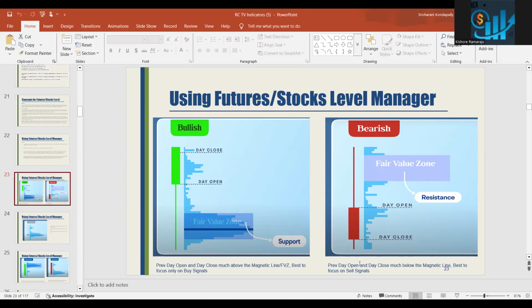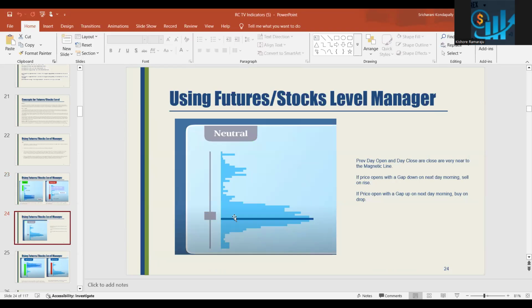Copper is dropping, gold is dropping. So you only focus on sell signal. ES, NQ, YM, crude oil, they are bullish candles. So you focus on the buy opportunities. If there is some ticker which is neither bullish nor bearish, it is more like a doji, an indecision candle, then either don't take any trades for the ticker or wait for price to go above magnetic level, above resistance 1, resistance 2, then you know that, oh, okay, finally